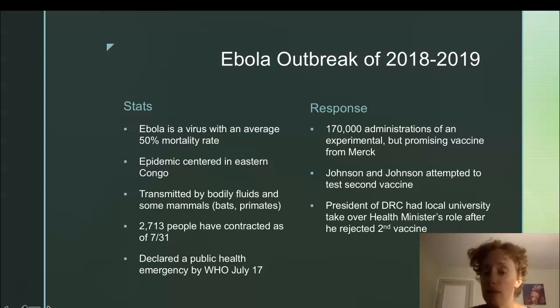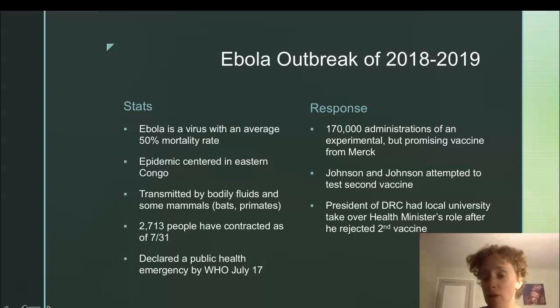And there was a second vaccine Johnson & Johnson attempted to research and test. And the health minister at the time said no. He really just wanted the Merck vaccine because it works. And he didn't want his people, who were already really mistrustful in Eastern Congo, to be confused. I kind of feel for the guy. I've been studying this and looking at this. I'm wondering if he's not correct, but in any case, the president of DRC, Tshisekedi,